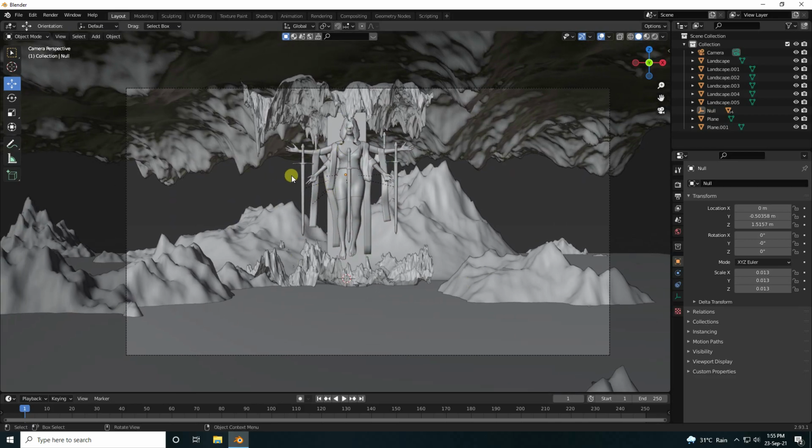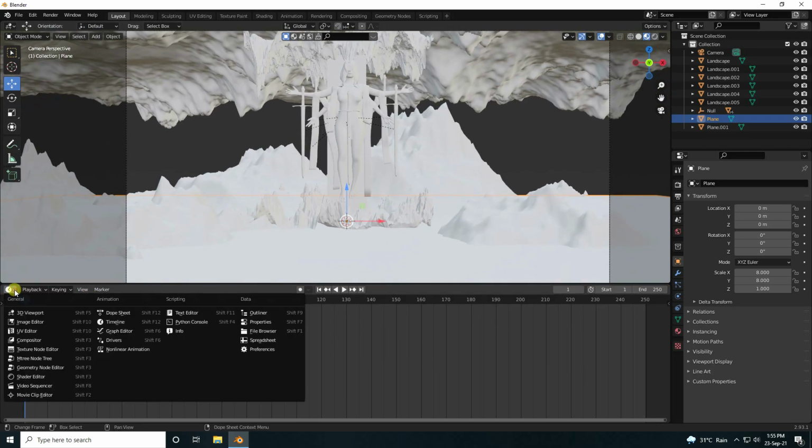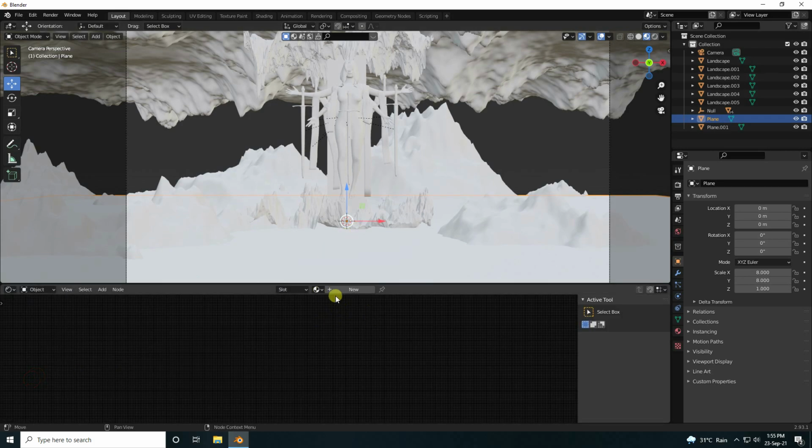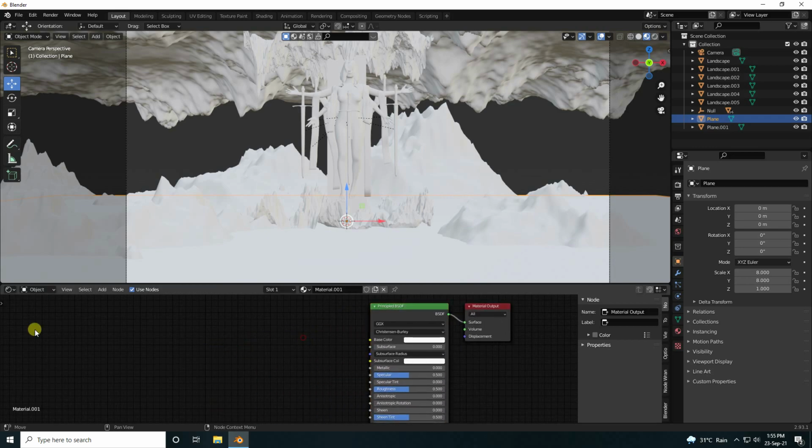Okay, so guys, now I apply material one by one. So guys, click on here, material preview. So select this plane and guys go to up timeline and use shader. And click new material. Guys, I create a beautiful waving effect texture.